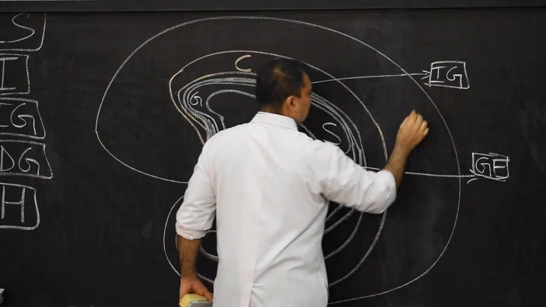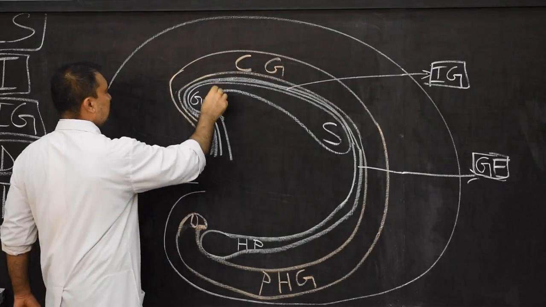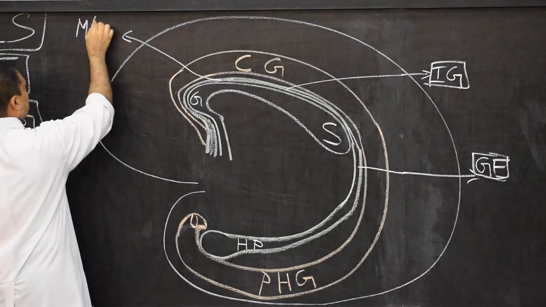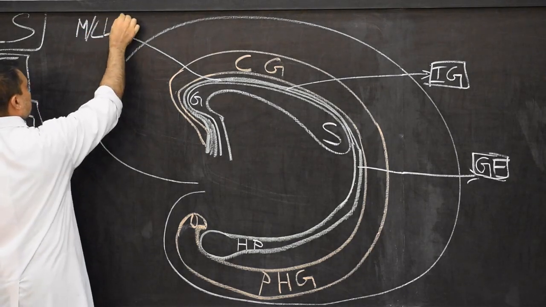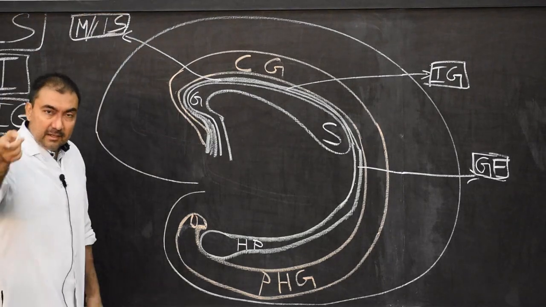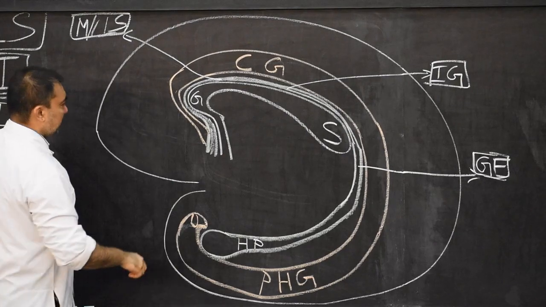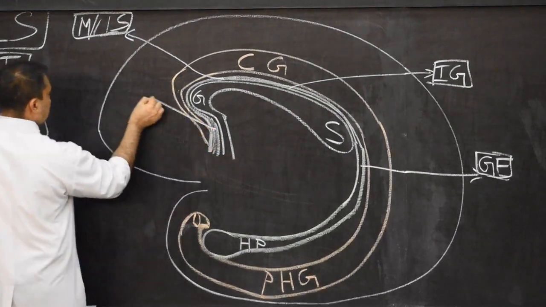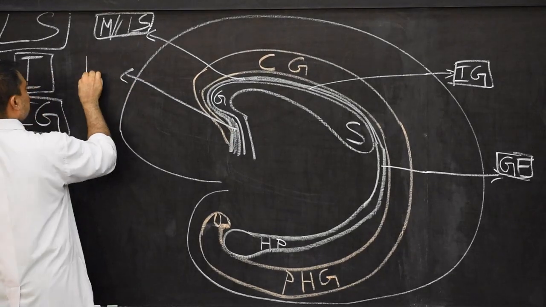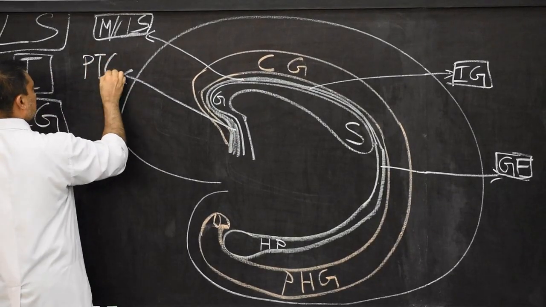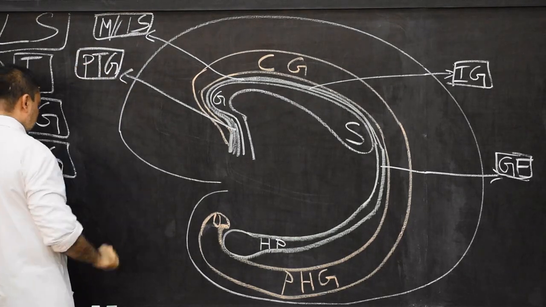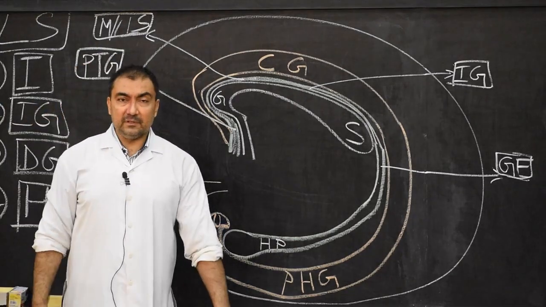And the fourth structure, same indusium gracium, here it will continue anteriorly as medial and lateral longitudinal striae. And anteriorly, in front of the lamina terminalis, in front of the genu, below the genu and lamina terminalis, it will continue as para-terminal gyrus. So therefore, this entire formation will be hippocampal formation.